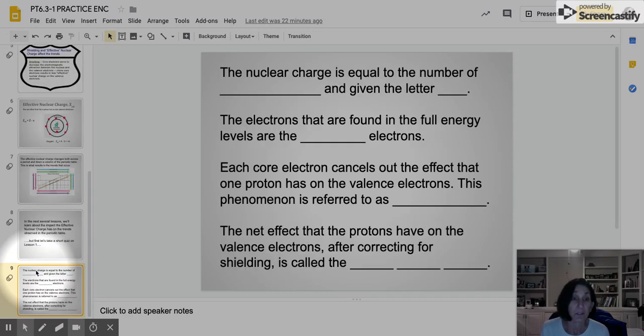Let's first take a look at some of these questions. The nuclear charge is equal to the number of